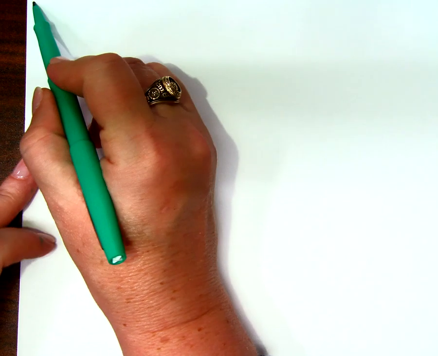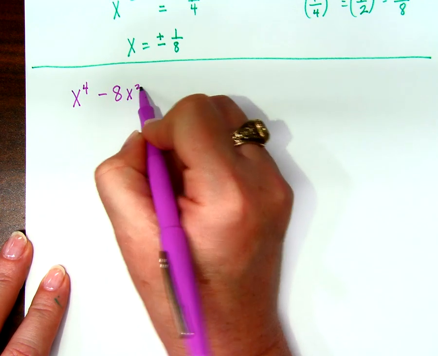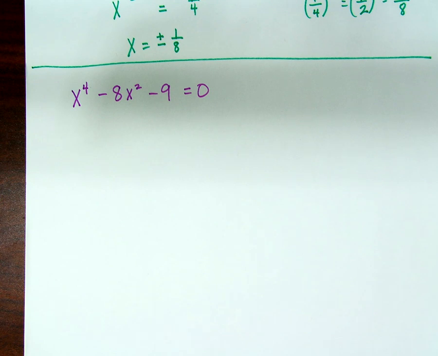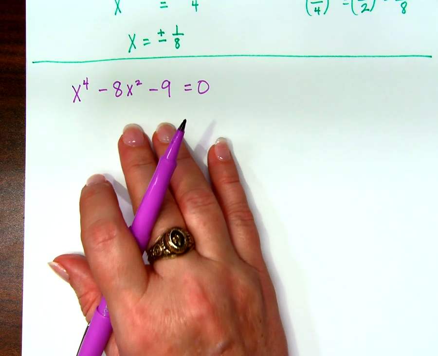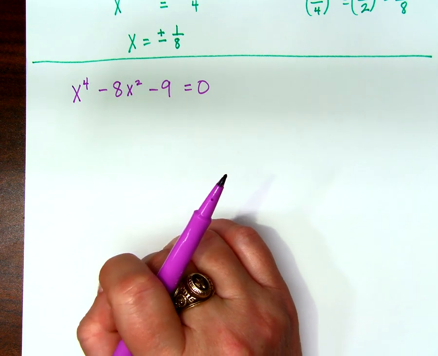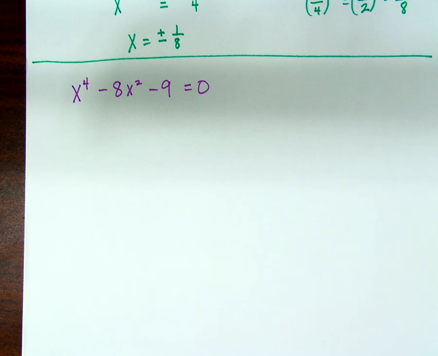Okay. So, first of all, I want to do this example for you. x to the 4th minus 8x squared minus 9 equals 0. Okay? How could I solve this? So like complete the square? No, that's not what you're saying. You're saying move the 9 over and then just factor these two out. I don't really want to do that,